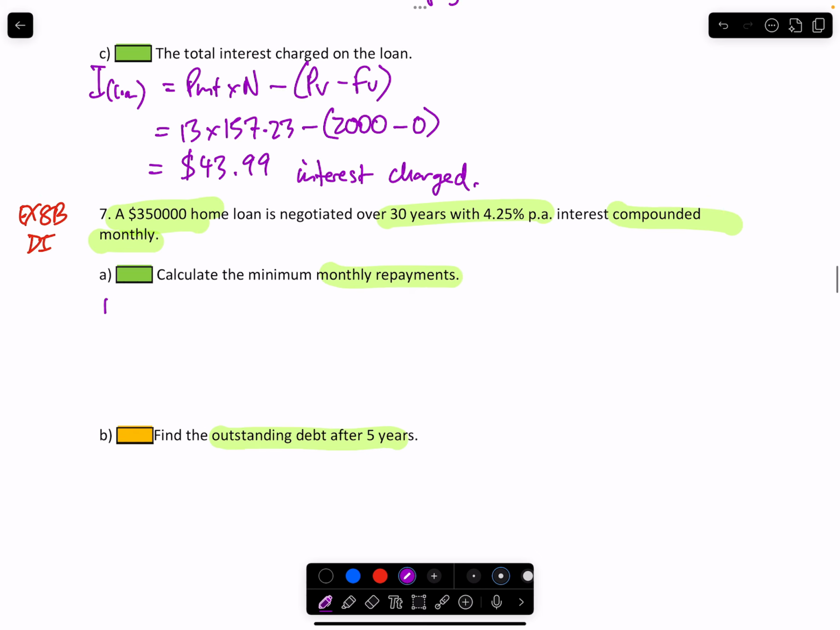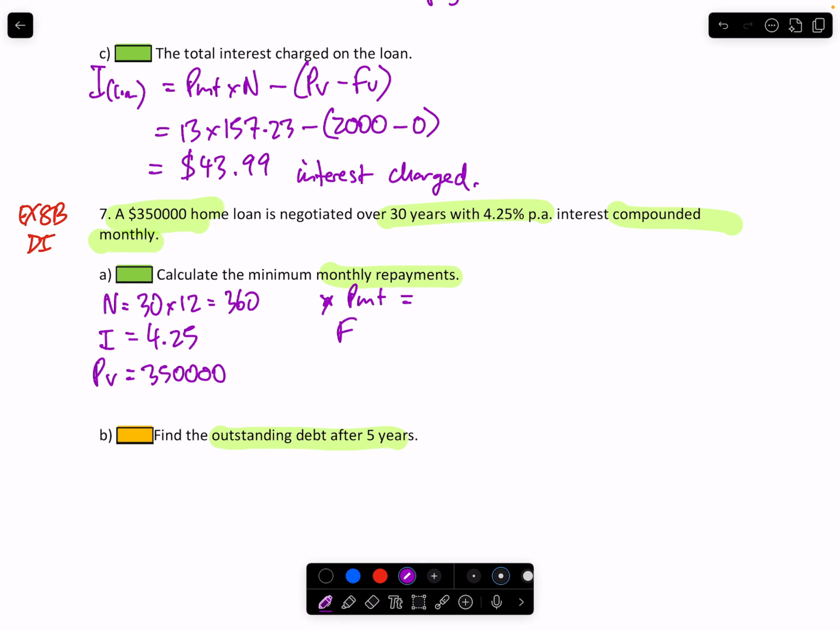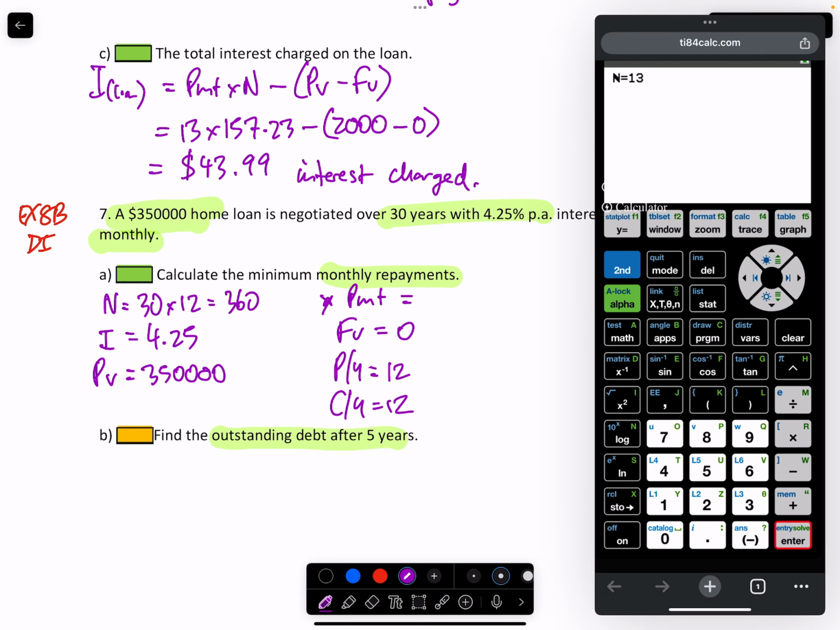So N, minimum monthly repayments, 30 years, monthly, that's going to be 30 times 12, which is 360. The interest rate is going to be 4.25. You borrowed 350,000. What are your payments? That's what we're going to solve for. What do I want to owe the bank at the end? Nothing. PY is going to be 12 for monthly. CY is also going to be 12 for monthly. Apps, finance, TVM, 360,